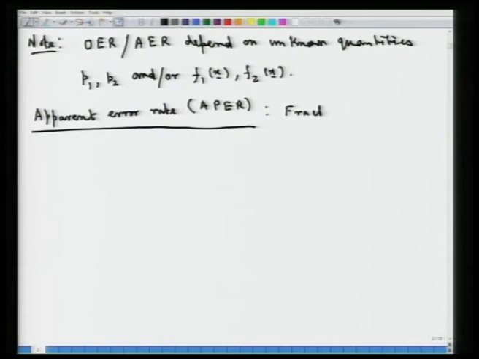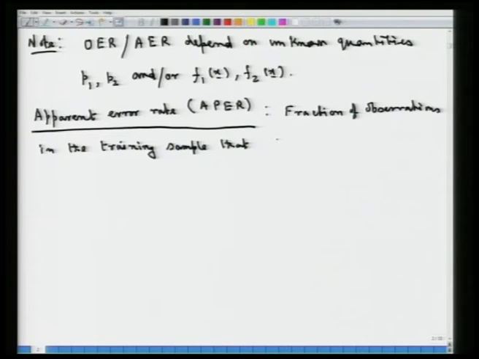Now, this is going to be defined as the fraction of observations in the training sample, because that is what we have in the training sample, that are misclassified by the classification rule